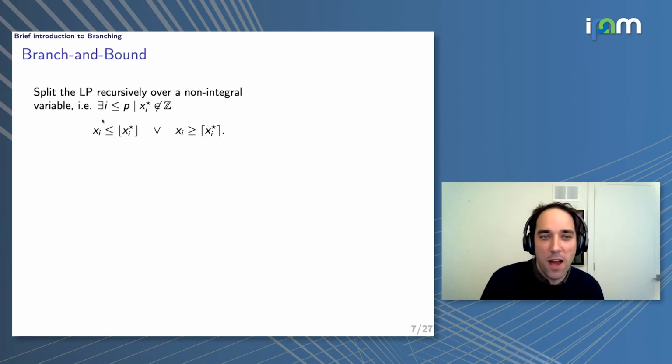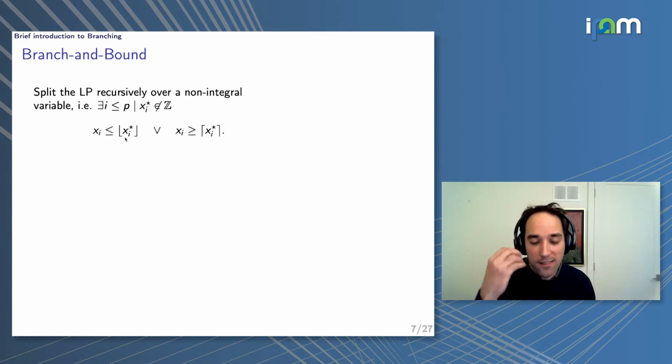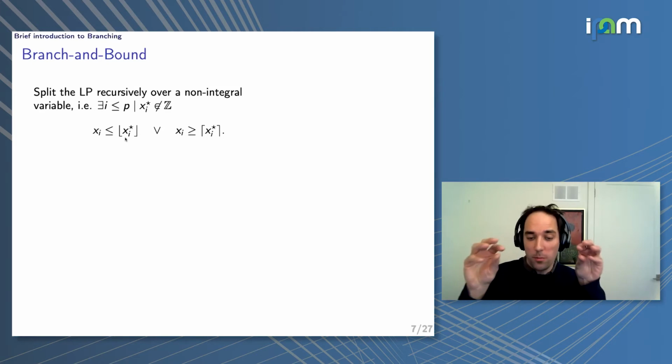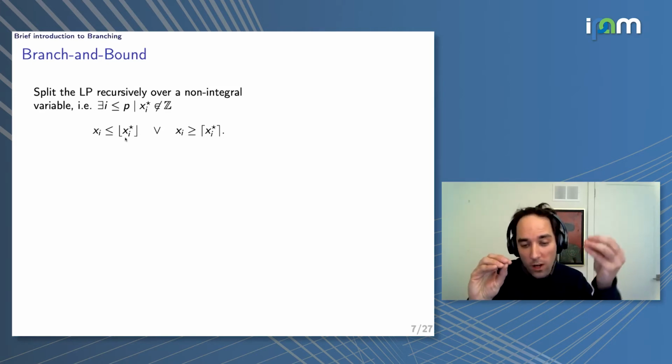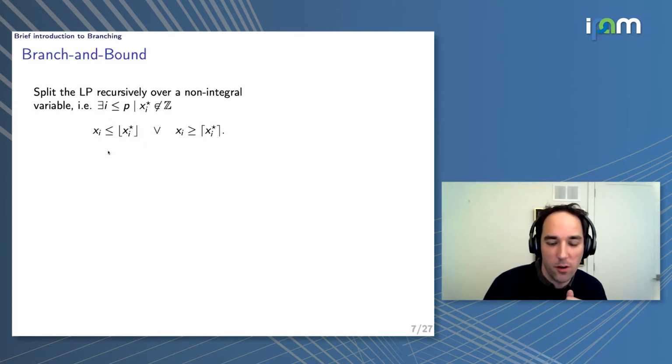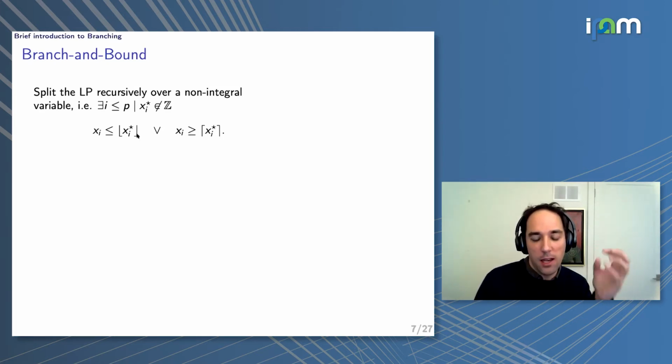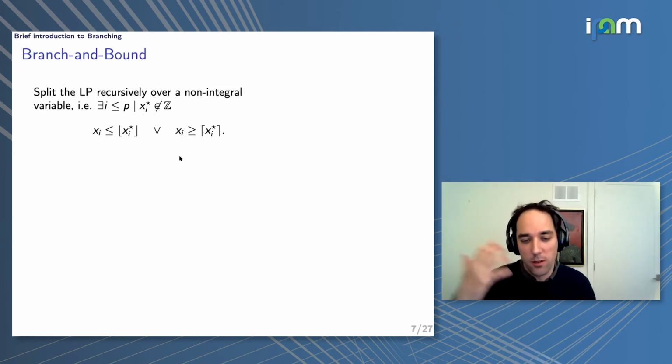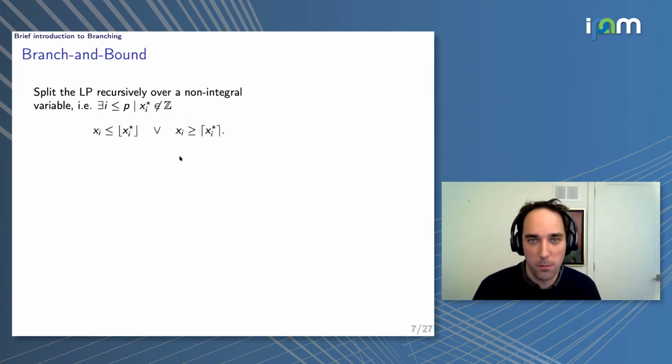variable. So imagine that in the LP solution, you have x star, and xi star rather is a non-integral variable. Then you would split your LP into two LPs, and each one of these sub-LPs has one added constraint, right? So you've effectively split the search space. Okay, and the constraints are as such. So you take a fractional variable, and this floor, or the integer value, will be an upper bound for your xi, and similarly for the other LP.